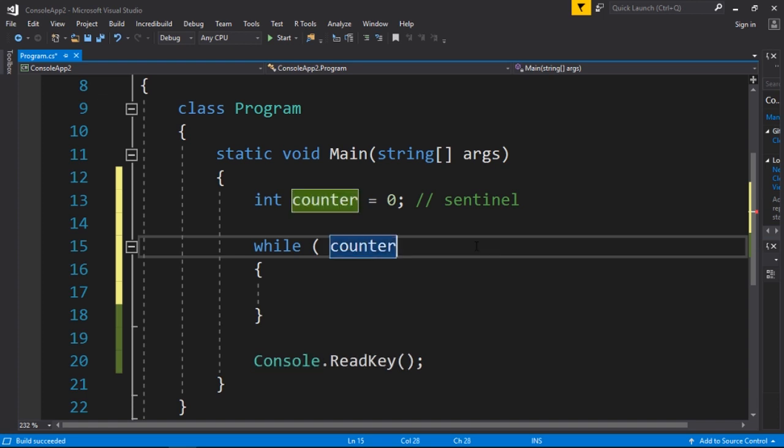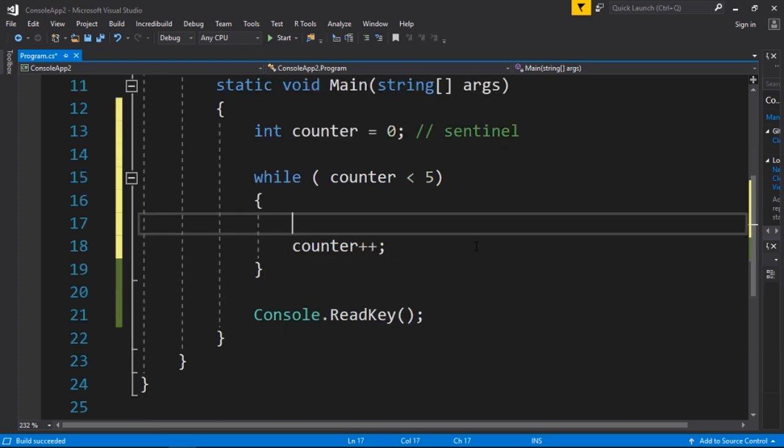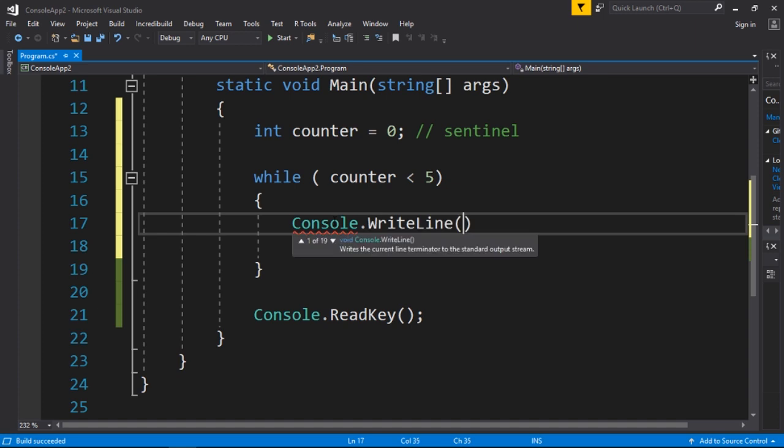So for instance, let's say that I want to show 5 numbers. So what I would do is type while counter is less than 5, and right here I can do counter plus plus, which is an operation that increases the number of this variable by 1. Okay, so if I call console.writeLine counter